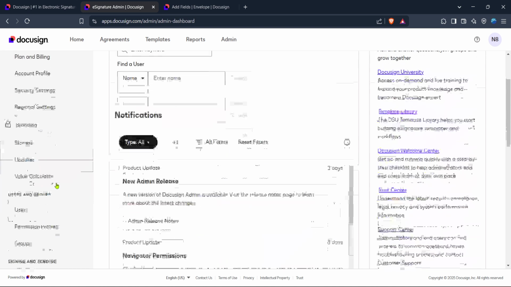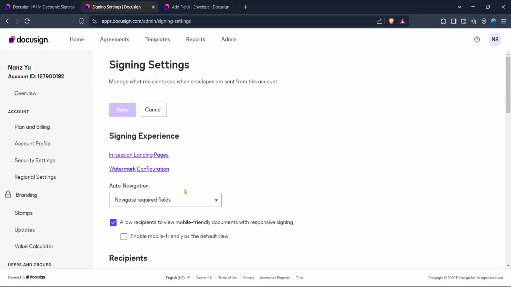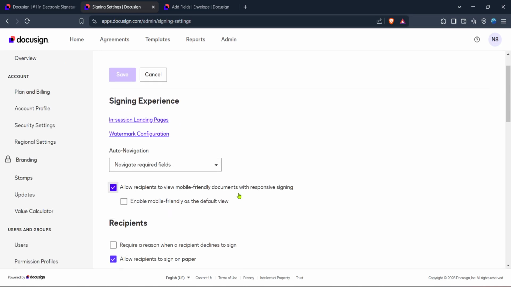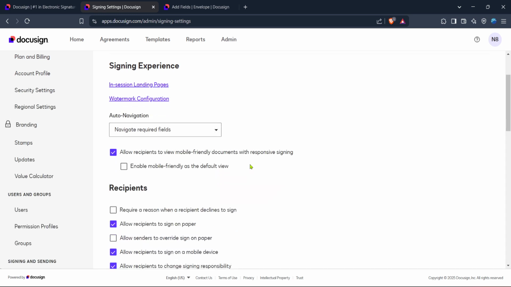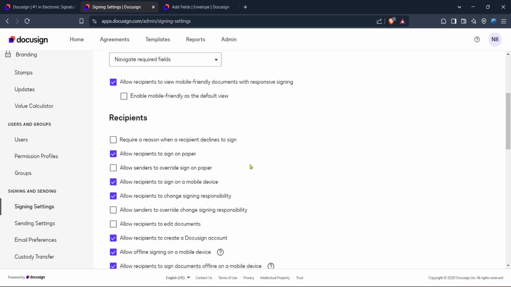Once you're in the signing settings area, you have a variety of options to tweak. These settings can include default fonts, time zones, or authentication processes. It's crucial to review these carefully and adjust them according to your specific requirements. You might want to consider consulting with team members or stakeholders to ensure these settings align with broader organizational needs.